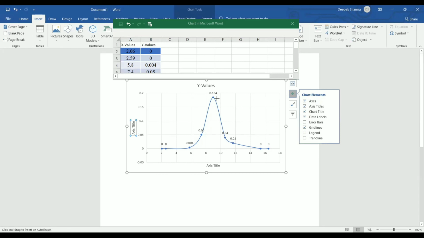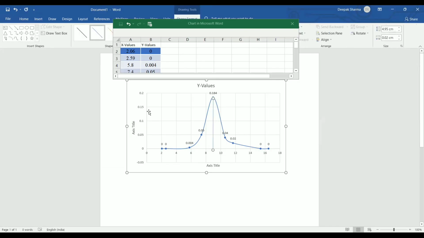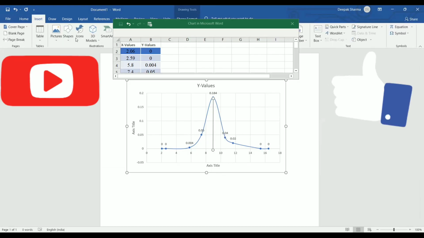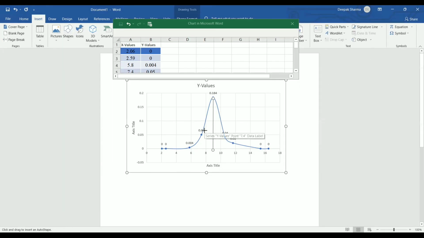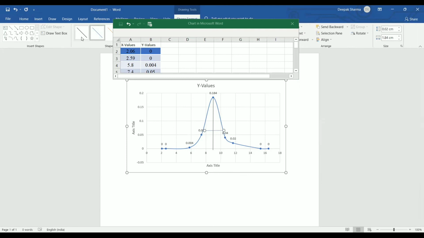We can click here and draw the line for the maxima. Similarly, the 0.6 value we have selected from here. This is similar to this. This is just an idea of how you can plot the graph.